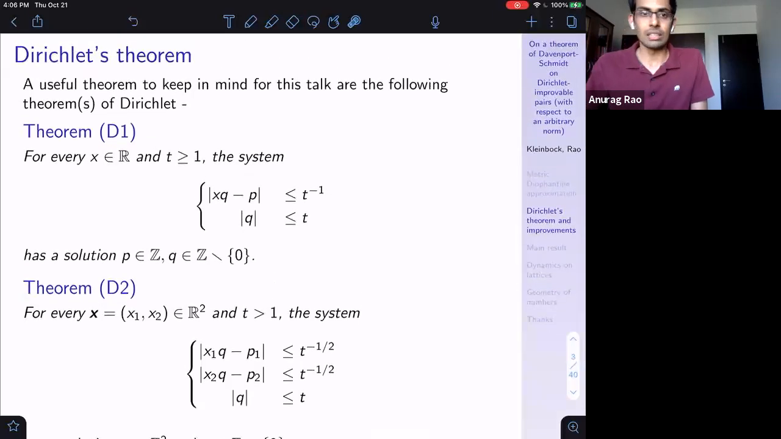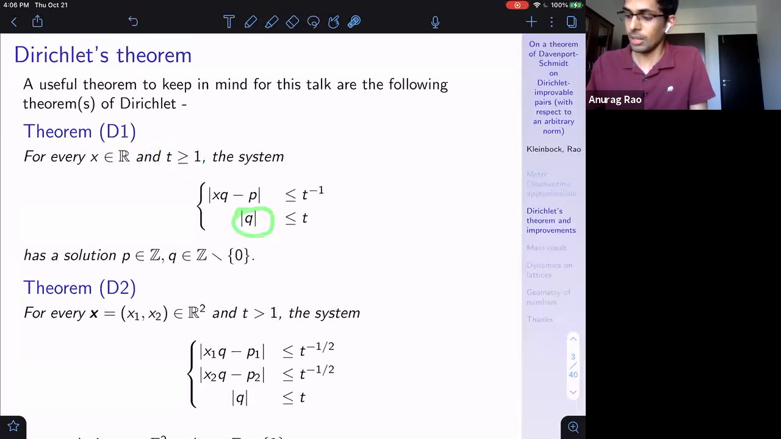So the theme of this talk is Dirichlet's theorem. What it says is, if you take any real number x and any T greater than 1, then this system, where you take x and some q multiple of x, compare it with the distance with the integers. Well, okay, maybe I should rephrase that. So what this means is, for any T, I can find